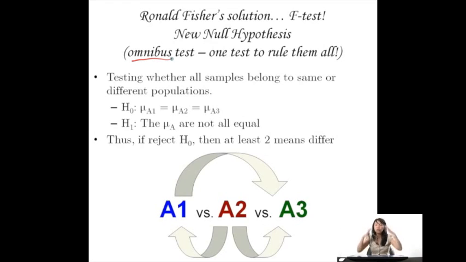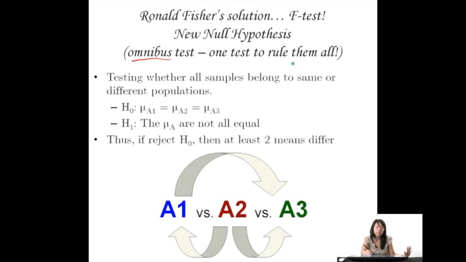It's one test to rule them all. Instead of doing many, many tiny little tests, you do one test to decide once and for all if there's a difference. And because you have this one test, you need one null hypothesis. And here's what that null hypothesis is. You need to test whether all the samples belong to the same population or whether at least one belongs to